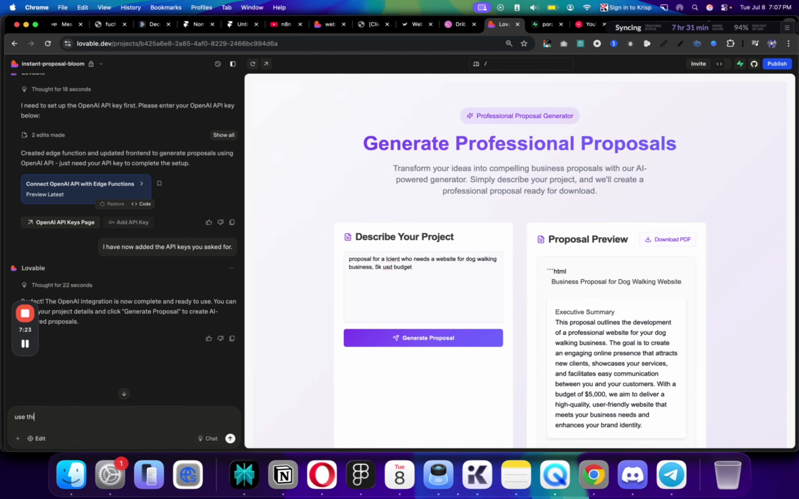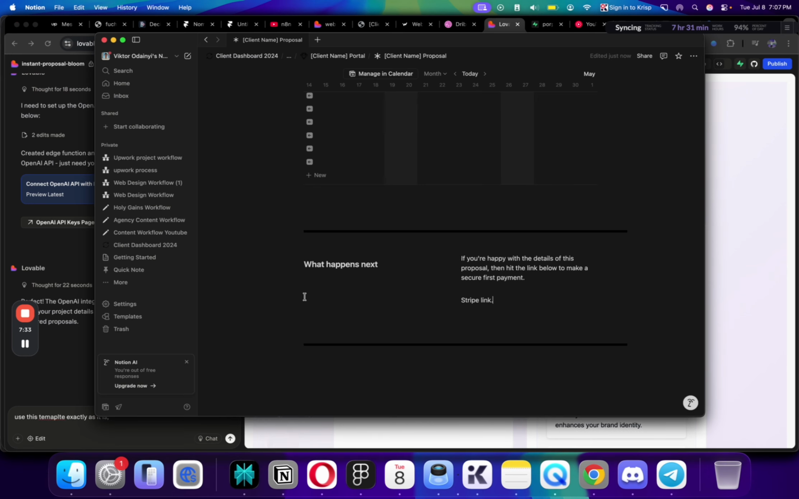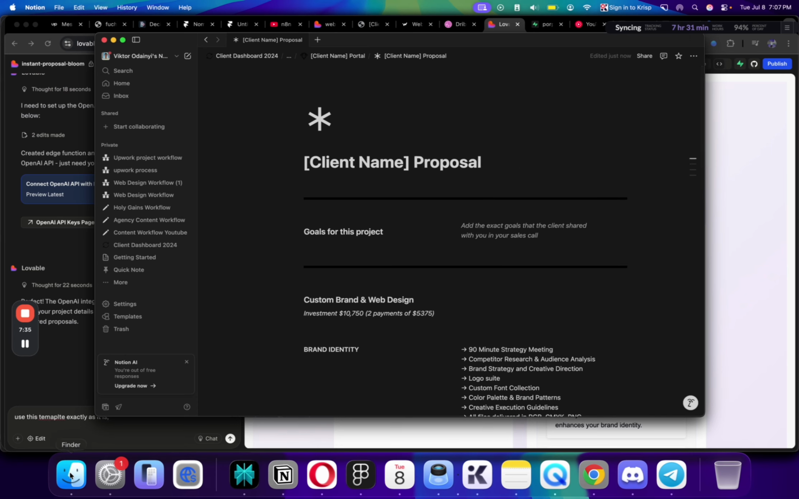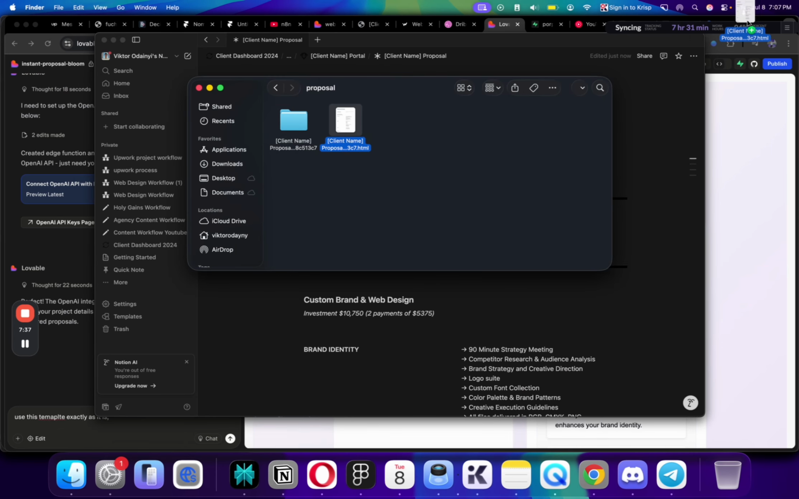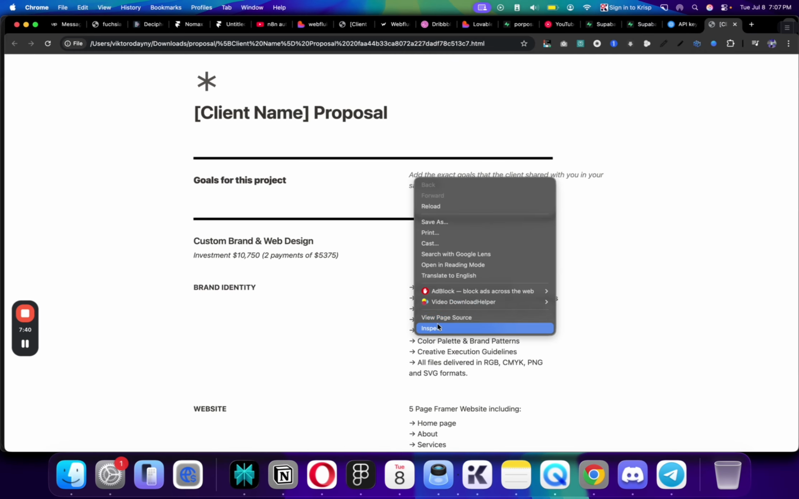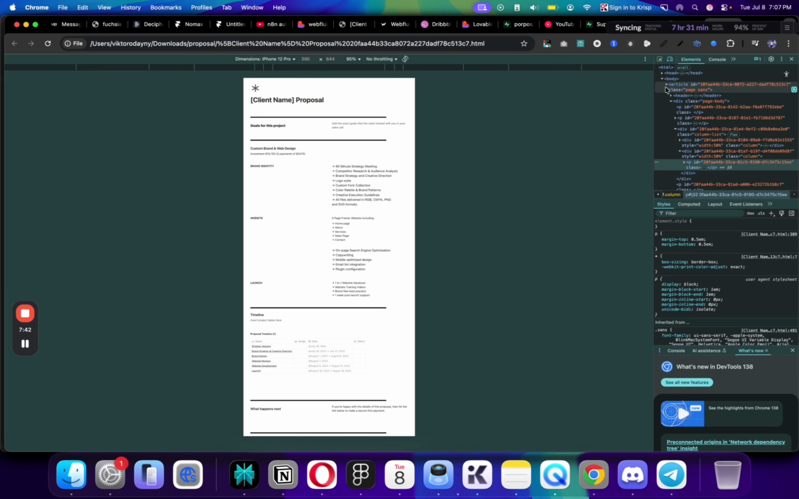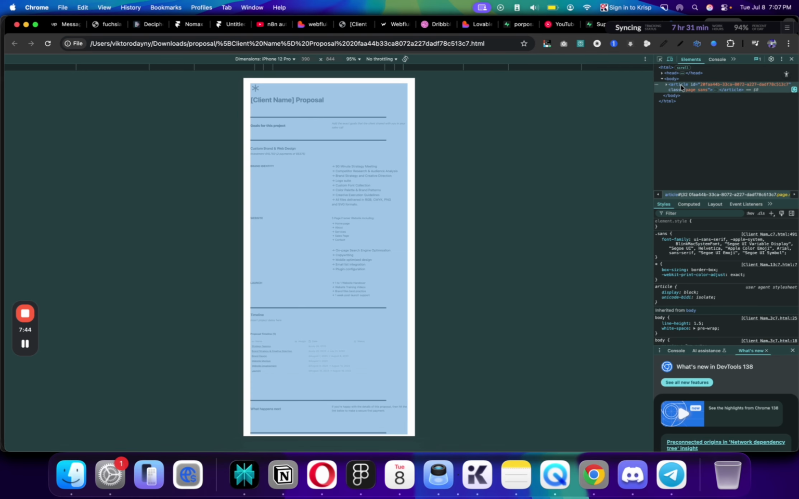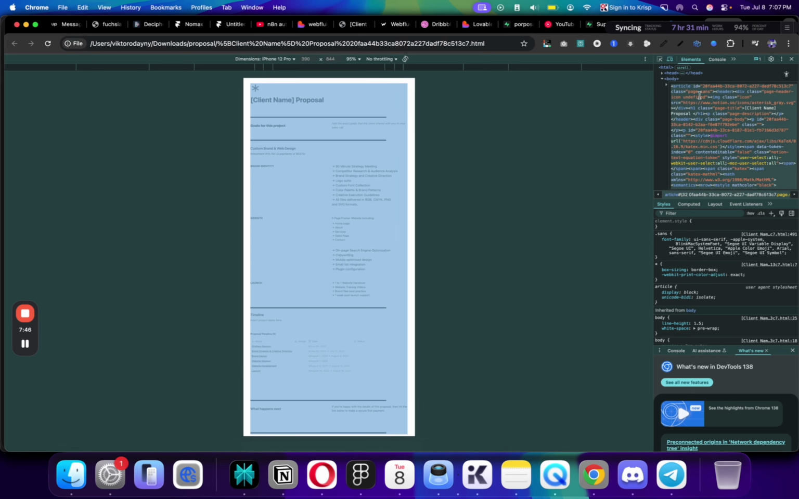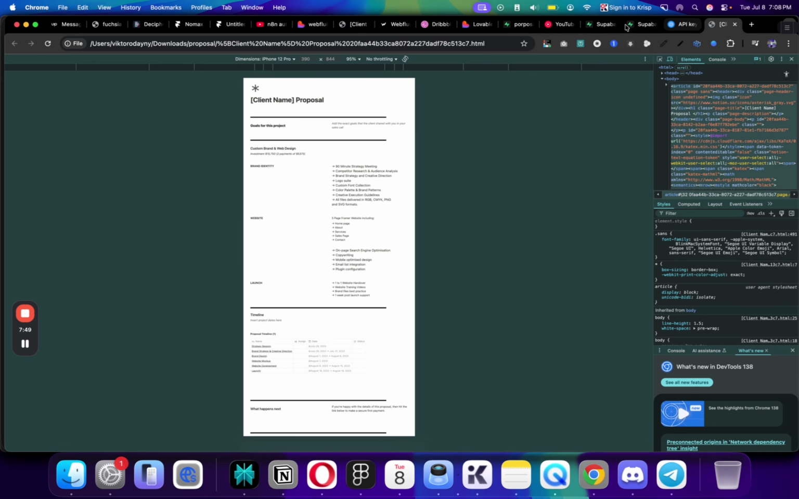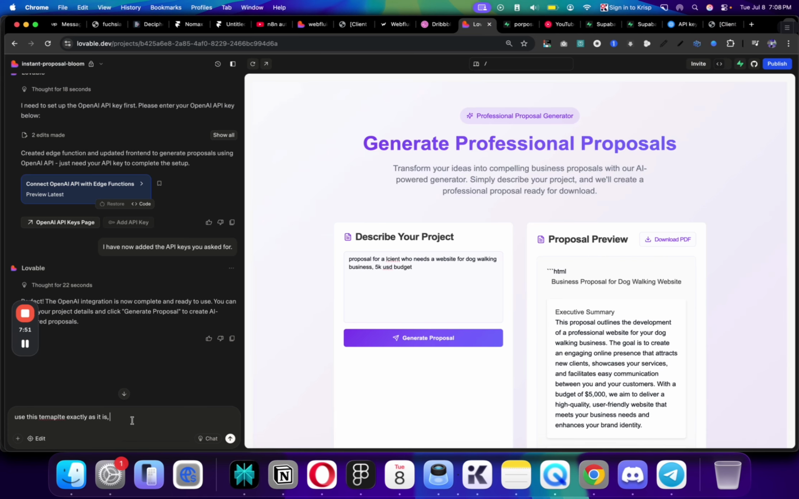So what we're going to do is I'm going to use this template exactly as it is. And I'm going to give it a template that I will export from Notion that I have here. So this will be the proposal, and I can just open it in the browser. So do like this, click inspect, and then maybe click edit HTML and copy everything here. And yeah, we can now go back to Lovable and say, use this template exactly as it is, follow